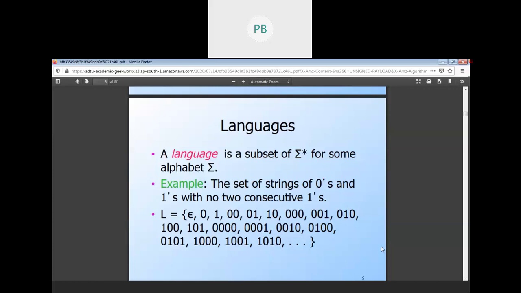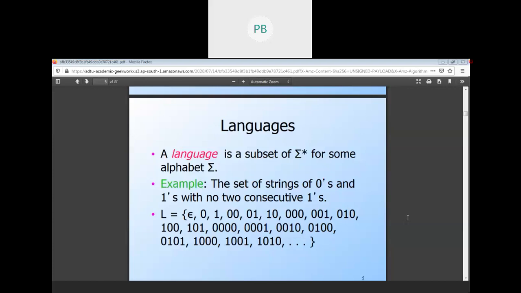Write the name, an introduction to automata theory and